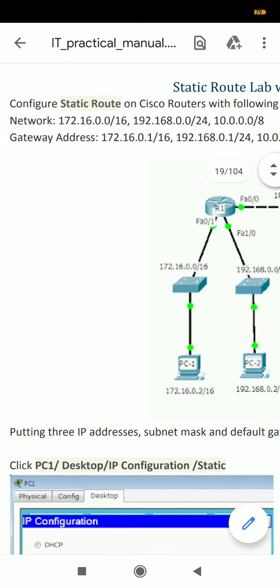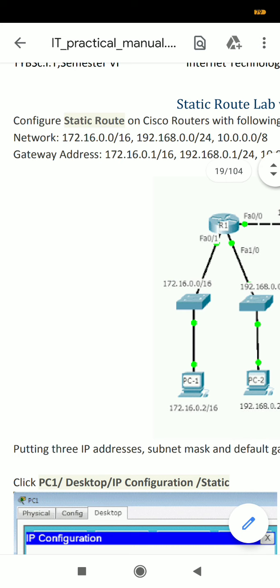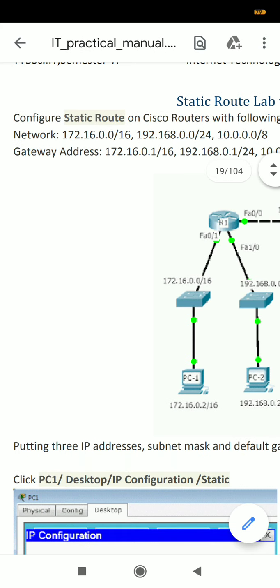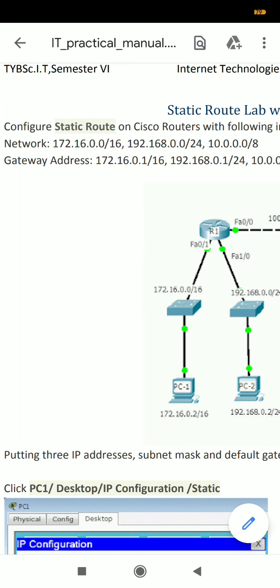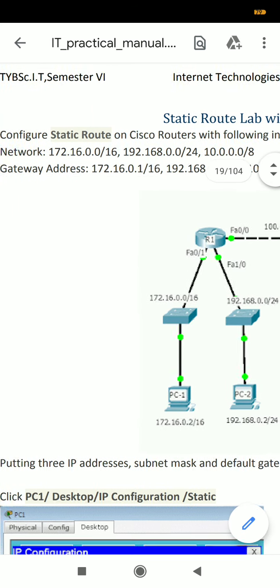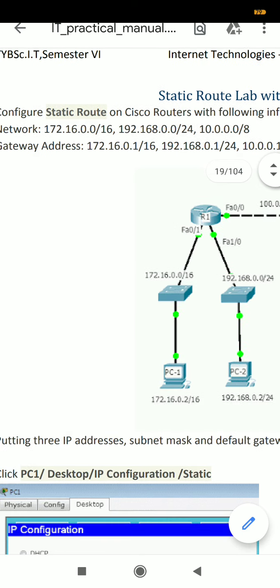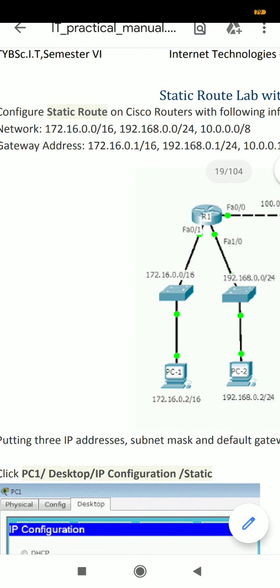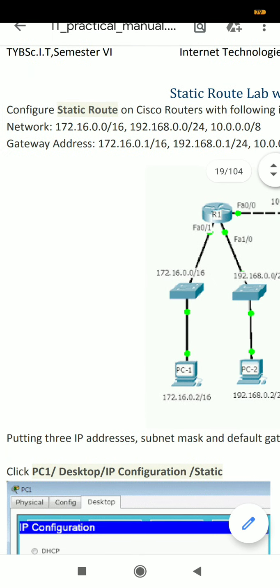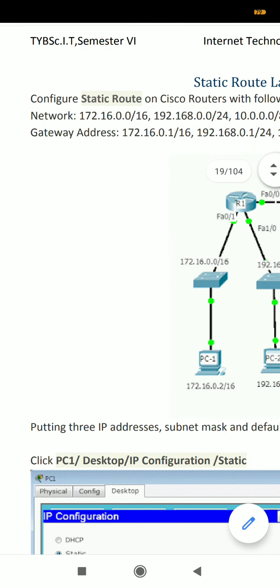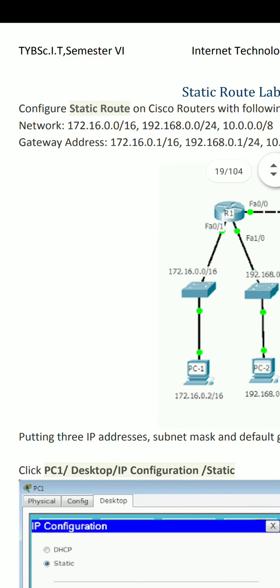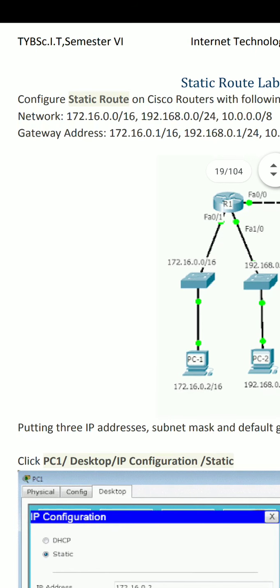The second is 192.168.0.0, where the CIDR notation shows 24, meaning 24 bits are used to identify the network. For the third network it is /8, that is, 8 bits are used to identify the network.